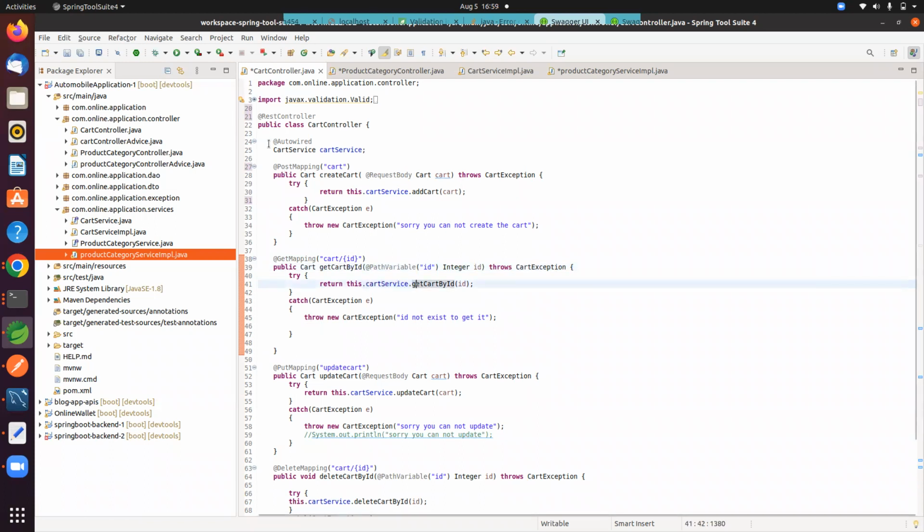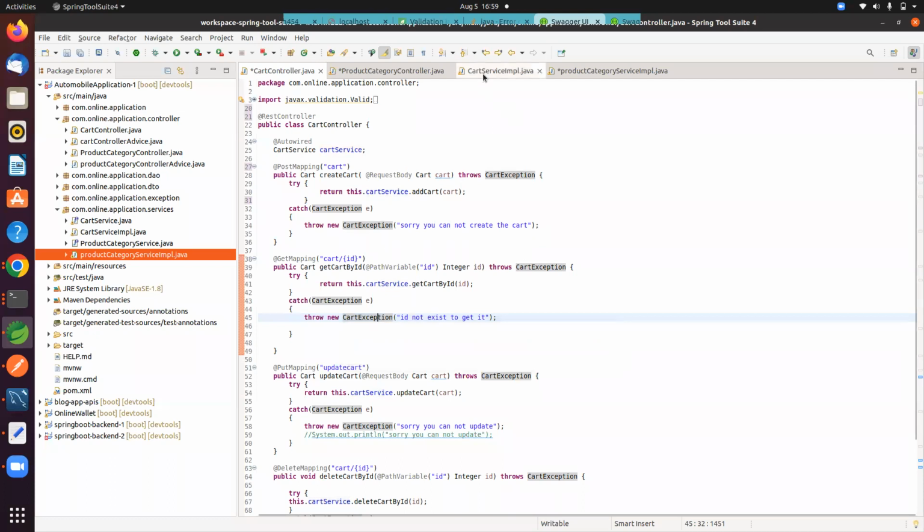Gopal, line 39, are you throwing an exception? 39 पे आप post exception लिख रहे हो, इसका मतलब आप थ्रो कर रहे हो? Throws the cart exception, sir. Okay, इसका मतलब क्या है? Sir, we created the cart exception in the exception package, and we throw the cart exception. We check whether that particular ID exists or not. If the particular ID does not exist, we throw the cart exception that the ID is not found.